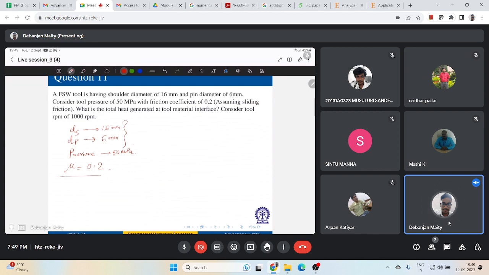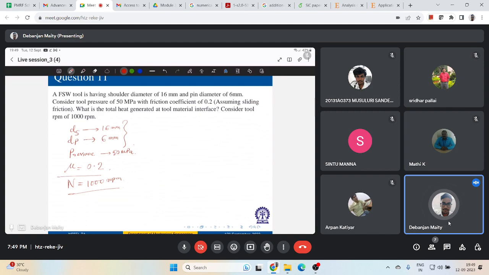So your frictional coefficient is 0.2, and you need to find out what is the total heat getting generated at the tool material interface. And you consider the tool RPM, N, equal to 1000 RPM. Okay,